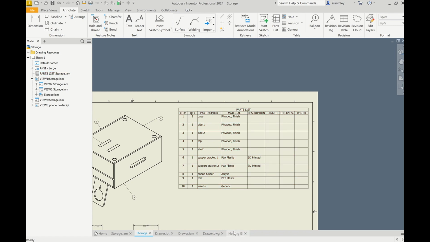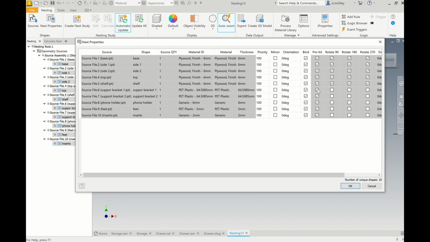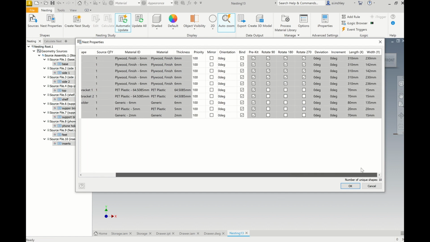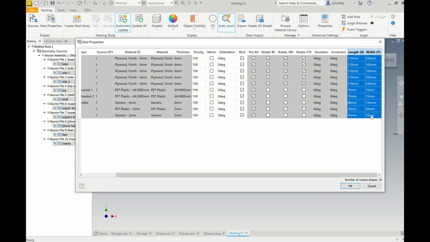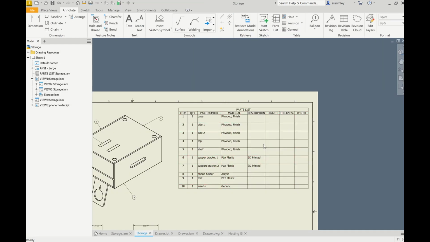So we're going to come back over to our nest, click on these nest properties like we had before, and we're going to scroll across until we have the length and the width, and we're going to highlight those by holding down the shift button and Control copy. And while I'm at it, I'm just going to click OK on that and come back to my drawing, double click on here,